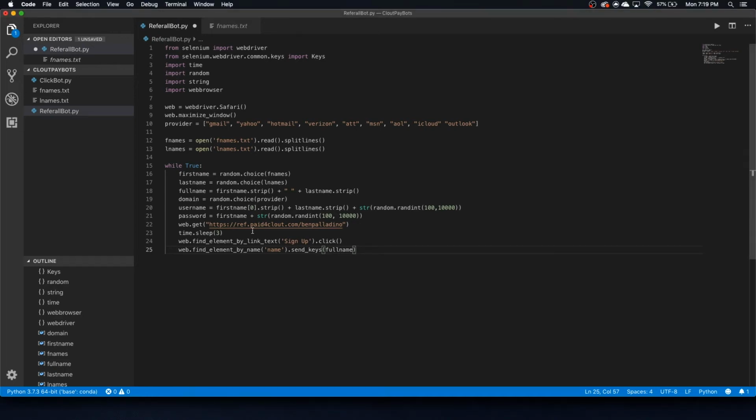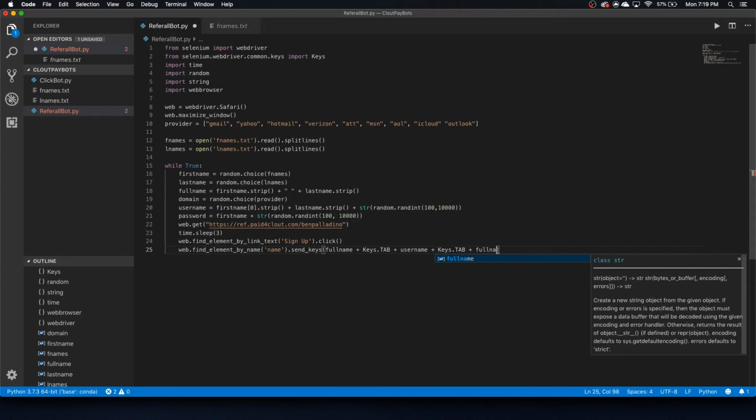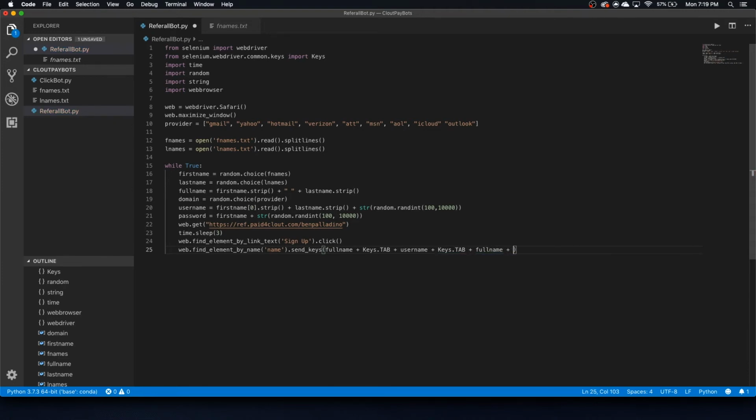Instead of finding each element, we can find the first one. Then we can Keys.TAB plus username, was that next, right? Username plus Keys.TAB, and this will speed up everything too, and it will mean less code as well. And then the email, so full name plus an @ symbol